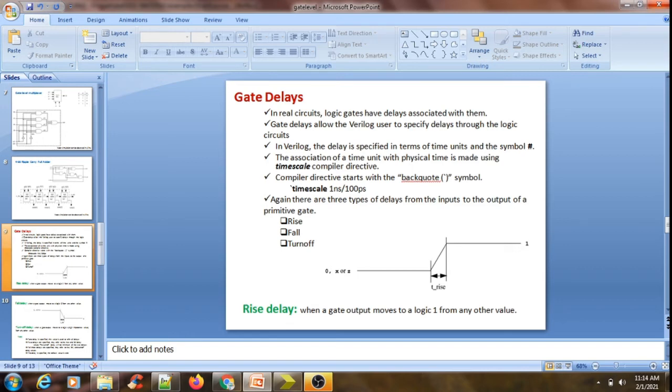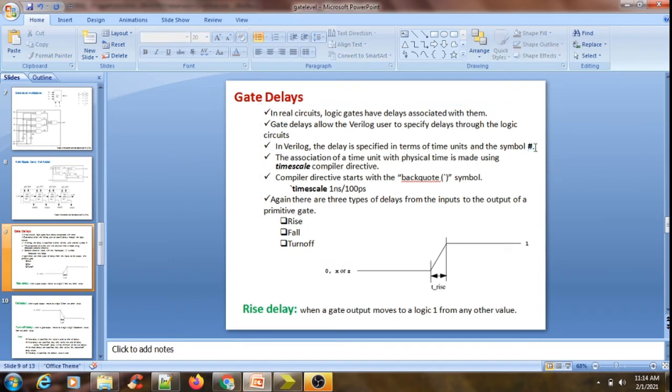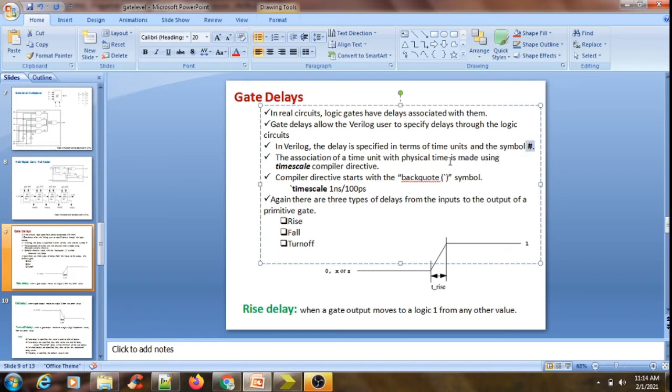This gate delay is specified by the hash symbol, the number symbol, and it is specified in terms of a time unit. So what is this time unit? This time unit is nothing but the time scale compiler directive.